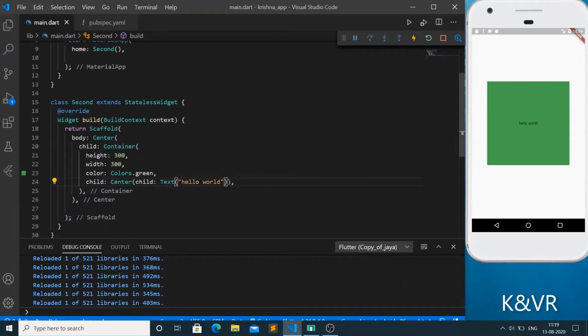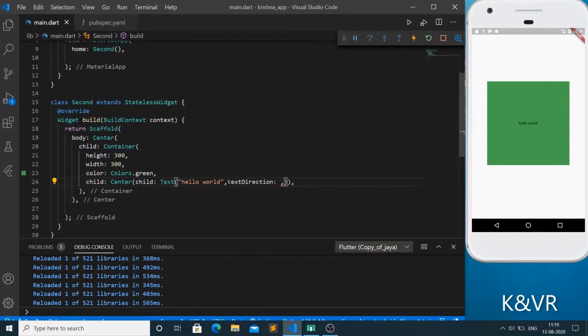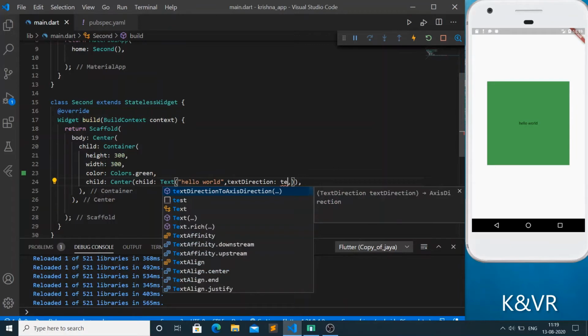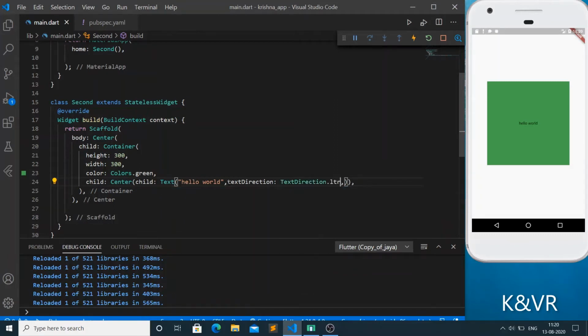Here we want to set the text direction. We will also use text direction, and next we write text direction dot left to right or right to left.